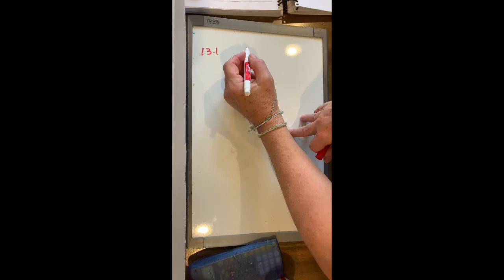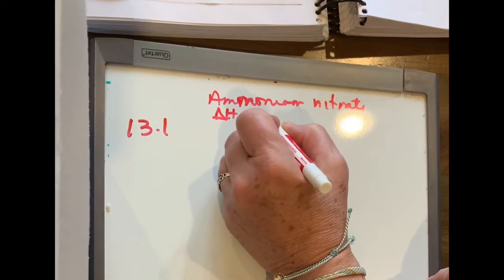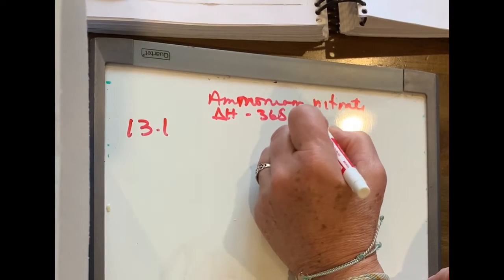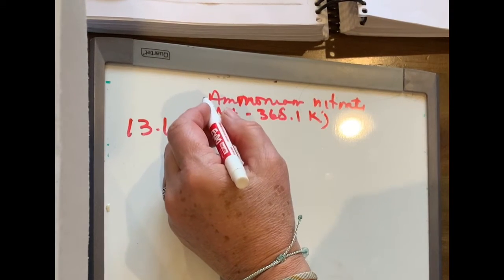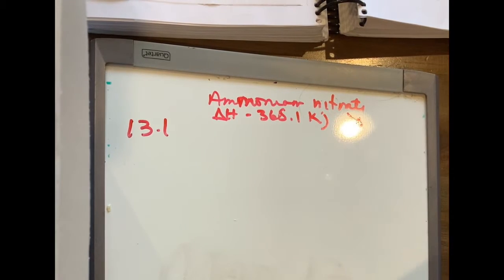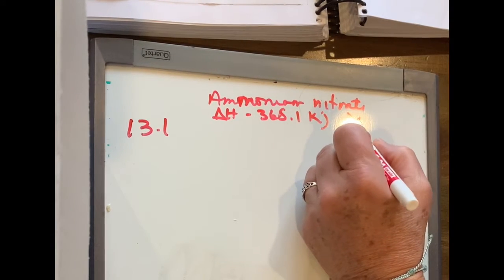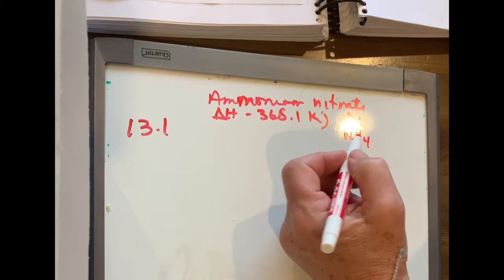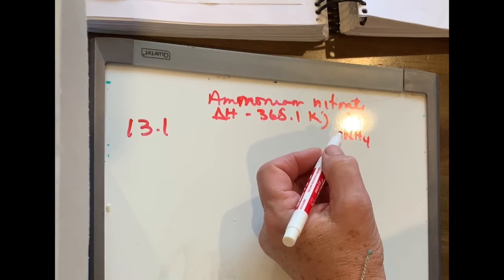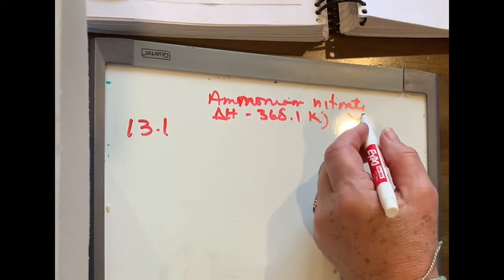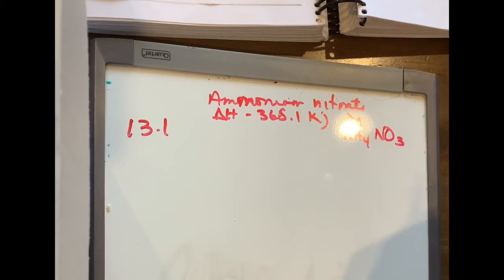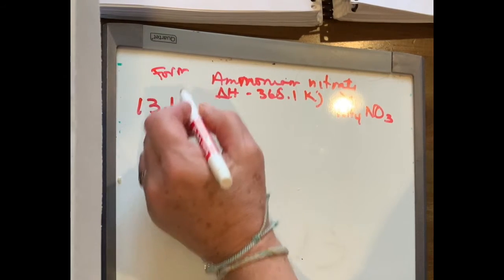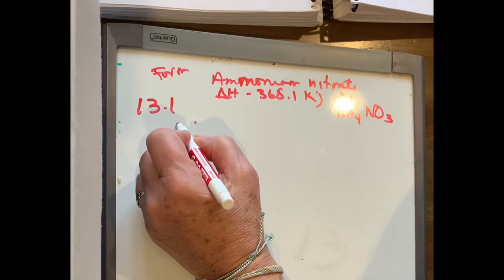So the formation of ammonium nitrate has a delta H of negative 365.1. So we have to figure out what ammonium nitrate looks like. And when you look it up, it has NH4. That's from clear back in a few chapters ago or modules ago. Ammonium is a complete polyatomic thing, and then nitrate similarly. Formation here. And so we have to separate all the parts. So we have N